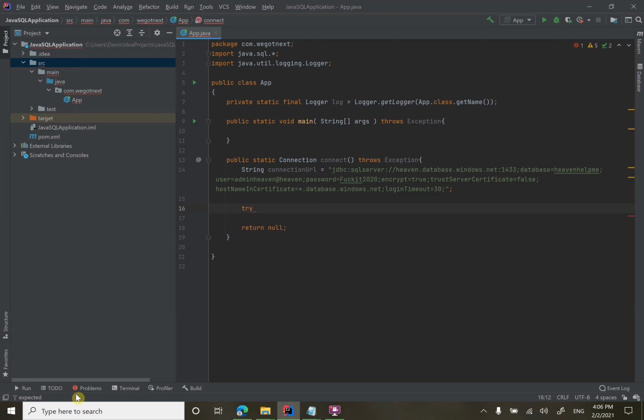That's what we're going to do. We're going to go try, open curly braces. I'm going to hit enter, catch, and then I'll put my curly braces here. I'm going to give myself a little bit of room. Now, as you can see, we got all these red lines again. If I hover over it, it says a parameter is expected. So inside this catch, you have to put something inside there. So when something goes wrong,